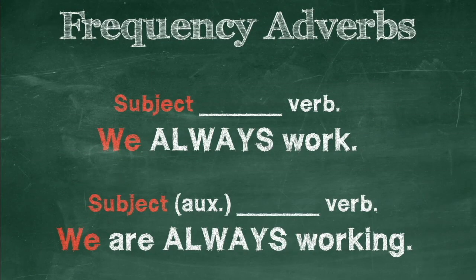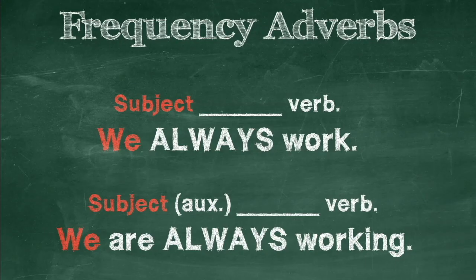If you look here, you'll see 2 examples, and where that space is where a frequency adverb can always go. It doesn't matter which frequency adverb you're using, it can always go there and it can make sense. So for example, if you say, I always work, you can say that. I sometimes work. I never work on Sundays, or I sometimes work on Saturdays. And so you can kind of see where that goes there.